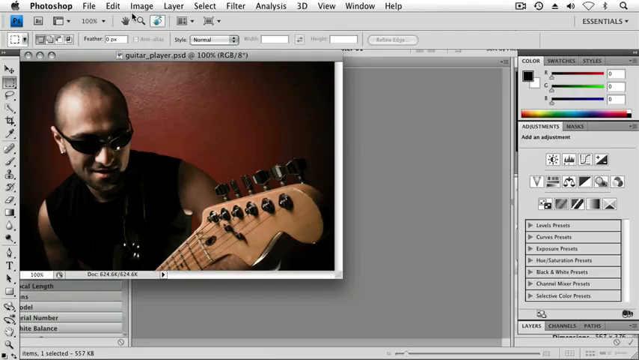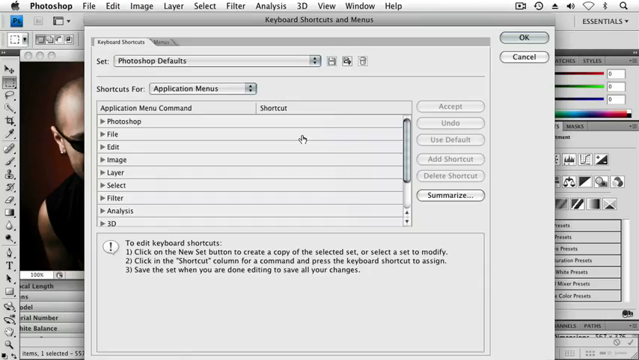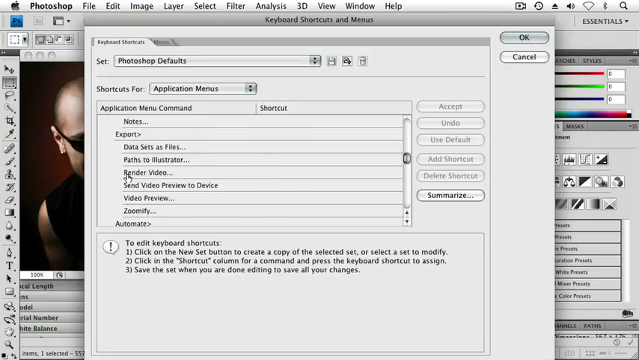So let's go ahead and choose Edit, Keyboard Shortcuts. Up at the top, it says Set Photoshop Defaults. Here are those 3 groups I mentioned earlier: Application Menus, Panel Menus, and Tools. I'm in the Application menu right now, which is this menu bar across the top. Notice that it matches the menus going down in the list. I can choose File, for instance, and scroll down and see all the file menus in here and add keyboard